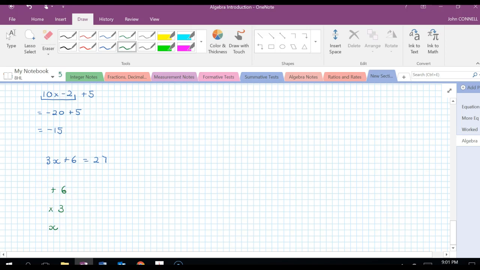Now what that means is, if I take 6 from both sides, if I do the opposite to adding 6, then I'll get what 3 times x is. And then if I divide by 3,